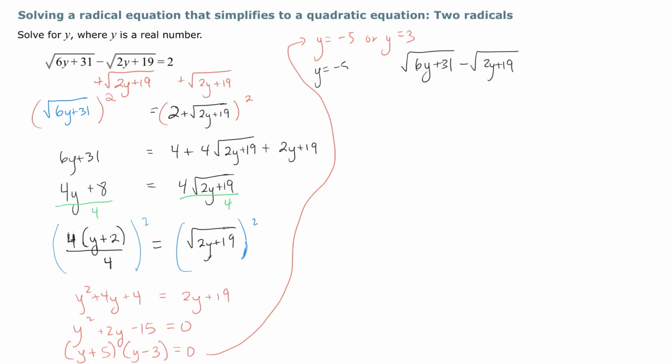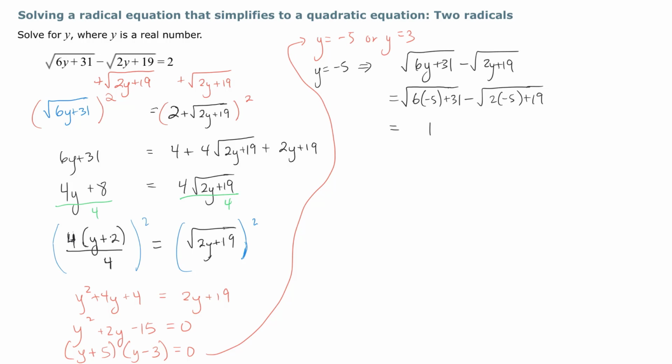For y equals negative 5, we're going to perform this check. Take that expression and let's see what it works out to be. 6 times negative 5 plus 31 minus 2 times negative 5 plus 19 is equal to